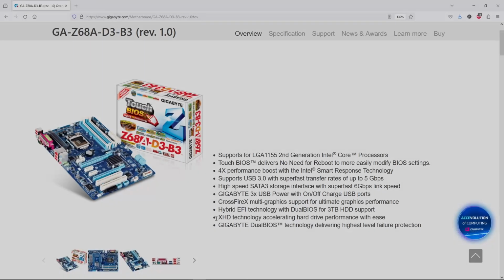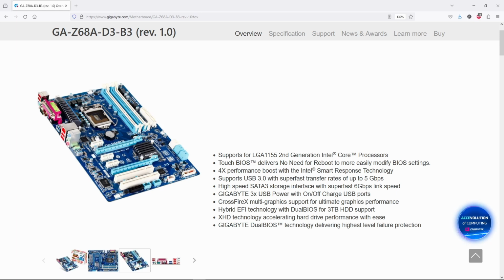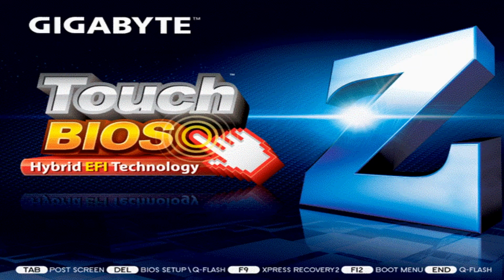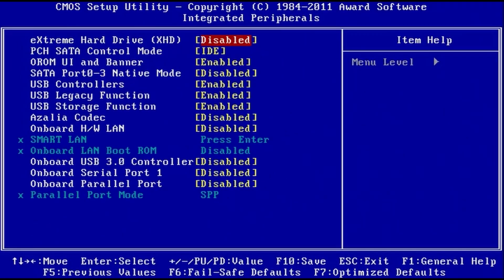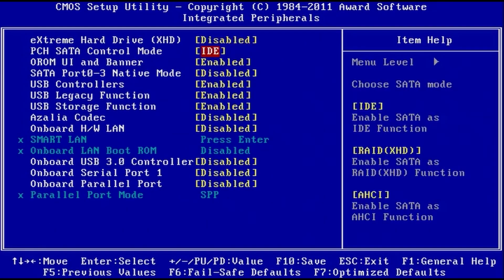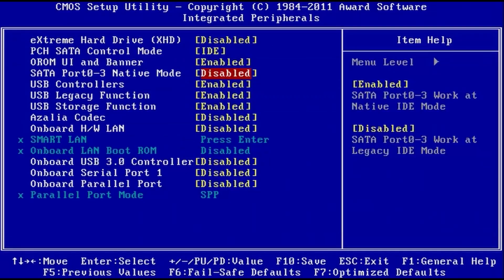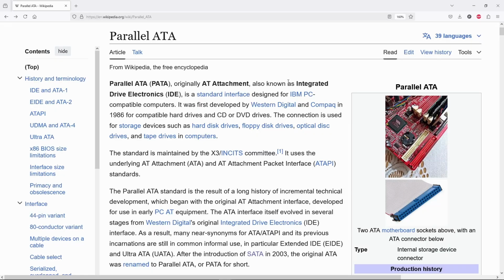Right? Now let's get back to our build. The star of today's setup is a Gigabyte Z68 motherboard, which supports SATA devices in IDE legacy mode. This is a critical feature because Rhapsody OS expects the primary IDE channel to be locked to IRQ14 and the secondary to IRQ15. Such a configuration was standard in the 90s, and without device detection at these addresses, the installation